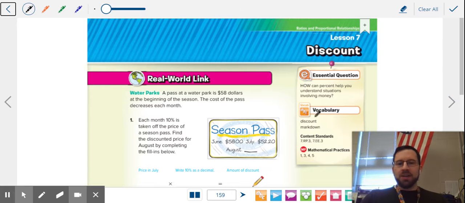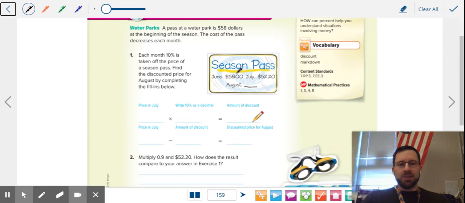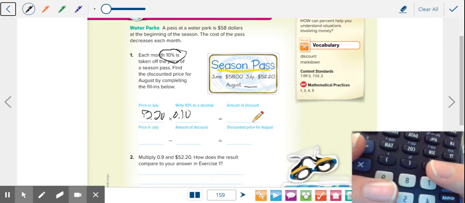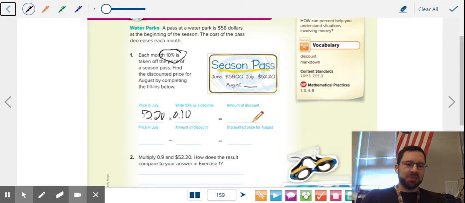So let's start here. We're on page 159, where we have a season pass to a water park. Every month it goes by, you get a 10% discount. So we're talking July, and we're trying to figure out what the price in August is. The price in July is $52.20, and it's a 10% discount. We like to write it as a decimal because that's a little easier to compute. You can use the percent button on your calculator. You can just type 10, hit the percent button. Don't forget to hit the second. 52 times 10% is